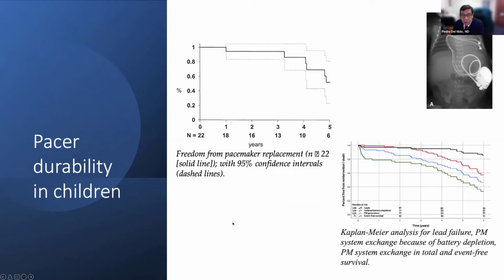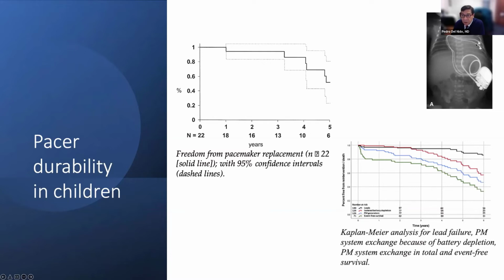So where did we go from here? Well, one of the problems, however, was that if you went ahead and did implant a pacemaker, as is shown in this X-ray up on the top, in fact, the problem was that in children, the durability of pacemakers is not the same as it is in adults for a couple of reasons. Number one, the leads are epicardial by necessity because their veins are small and a transvenous system can often lead to obstruction. And therefore, in small children, our only option is really